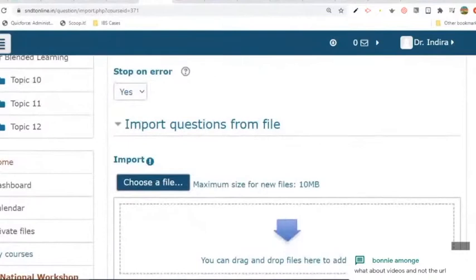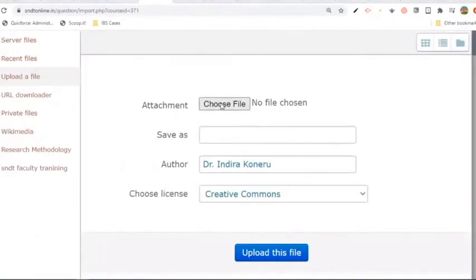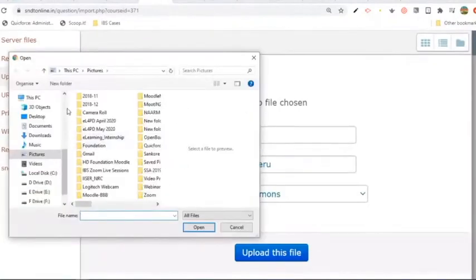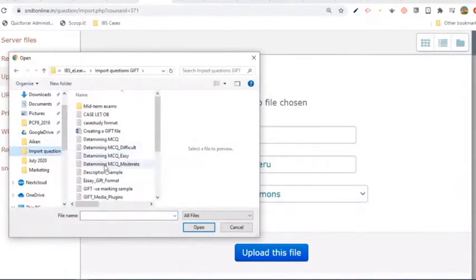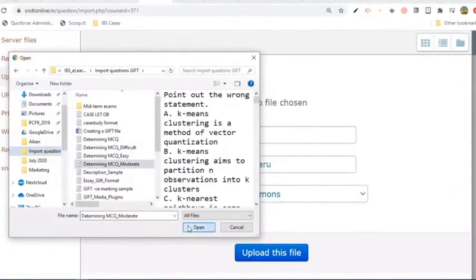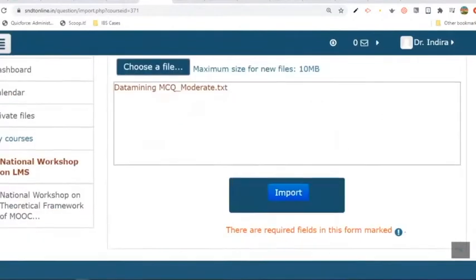You can drag and drop or pull it in from choose file. This time moderate. Open. So here we have the file. Then click on the import button.